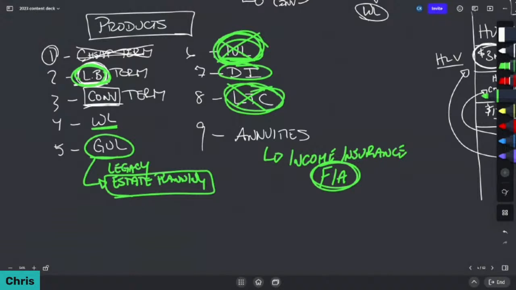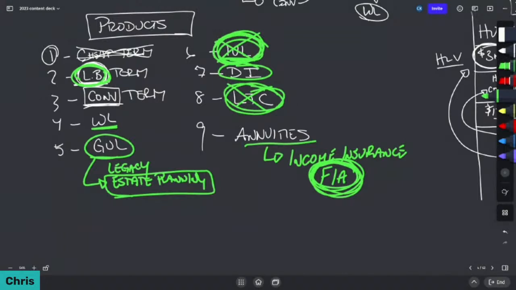And I encourage everybody who's an agent to go out and just do some research on what the cap rates and what the index strategies are for fixed index annuities versus IULs. And when you compare those two to each other, it starts to really poke holes in IUL's strategies. And I think that's important to understand. So annuities are income insurance. I love fixed index annuities, and I can't stand IULs. And that should say a lot to a lot of people because index annuities are created having to meet their guarantees, where IULs are not created to have to meet their guarantees.